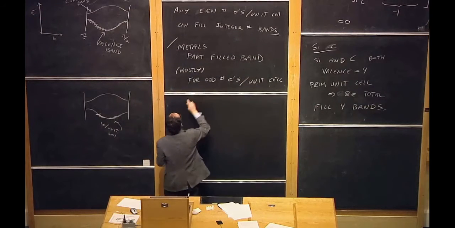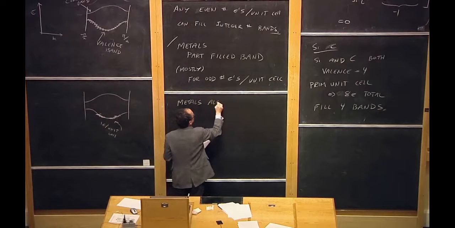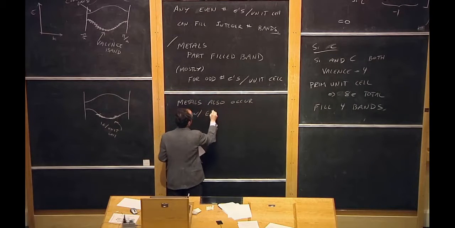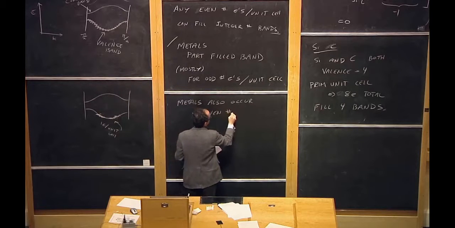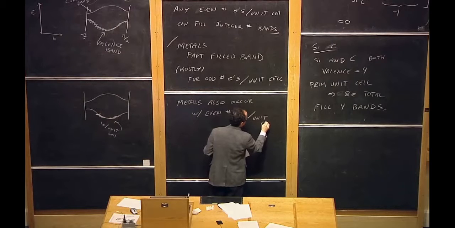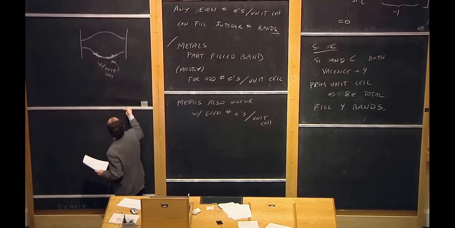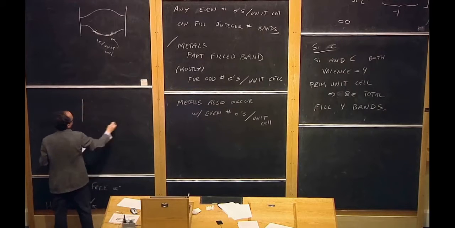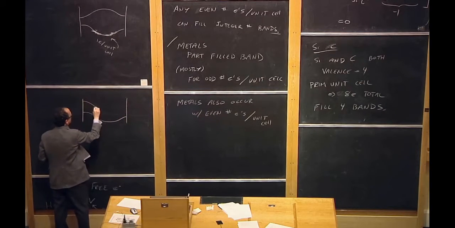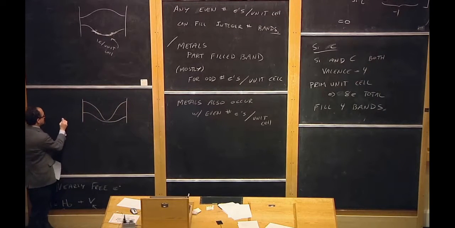However, metals can also occur with an even number of electrons per unit cell. Also something I mentioned a couple weeks ago when we discussed the tight binding model. The way that happens is, here's your Brillouin zone. If you have a lowest band that looks kind of like this, and then a higher band that dips down like this, and you had, say, 2 electrons per unit cell,